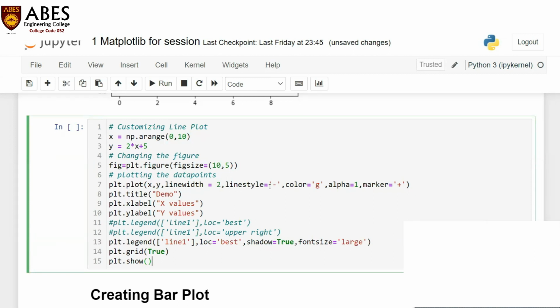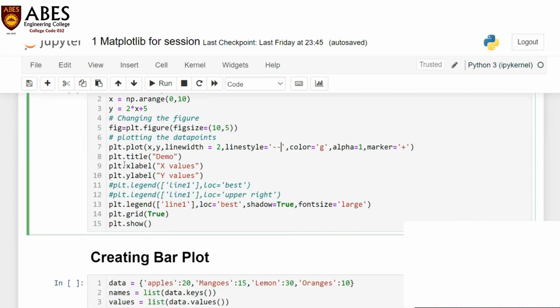Then line style, I want a simple line. If I want a dotted line, I'll be writing double hash, this symbol. Color is green here. Alpha is used to represent the transparency. One means there is no transparency, a solid line will be represented. Marker is used to represent the type of marker that you want to have in your line graph. I can write the title using plt.title. plt is the alias, title is the title of this